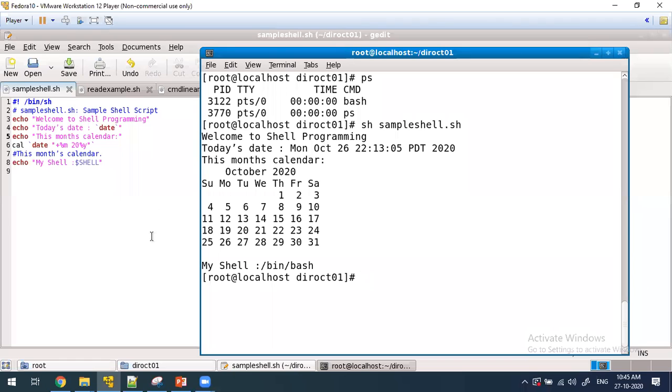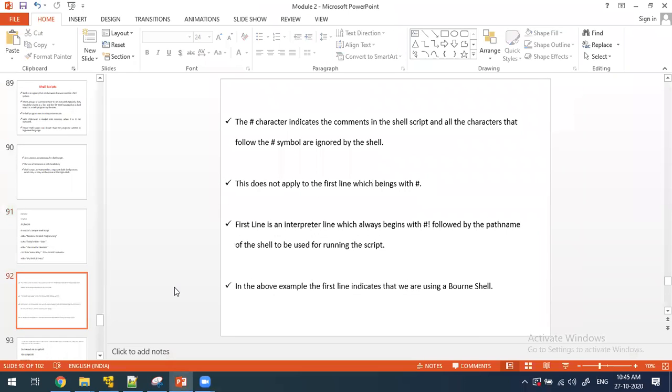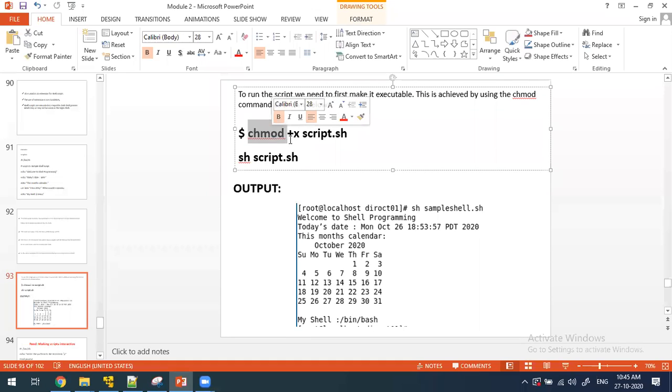If the executable permission is not there, you have to give the executable permission for the file. How to give the executable permission? You already know the chmod command. chmod +x script.sh: chmod changes the file permission, and plus x means assign executable permission to the particular script file.